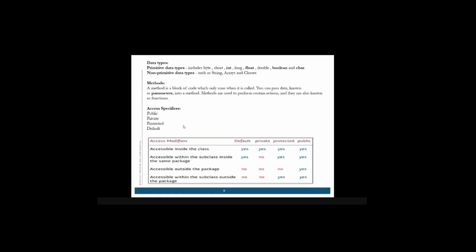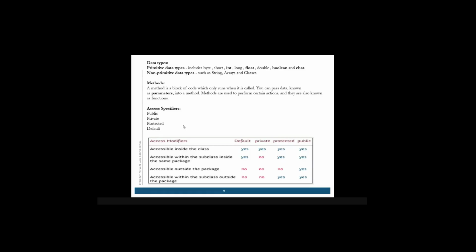Integer is the main data type we use during our programs. We also use float if you want decimals included. Boolean is when we need true or false.